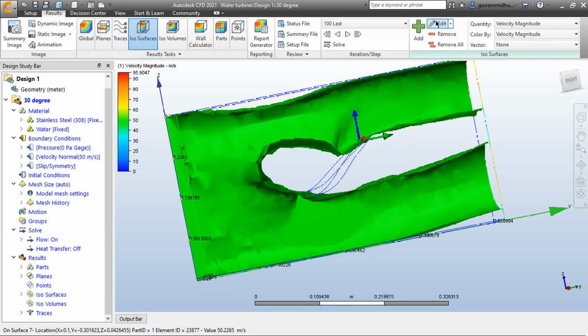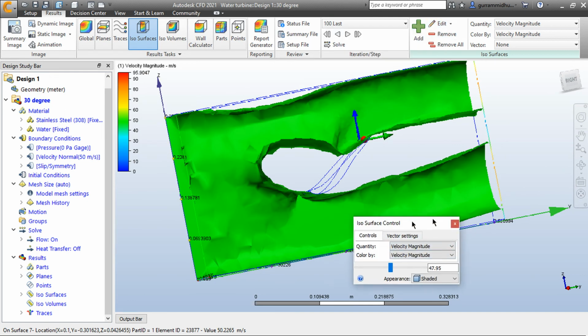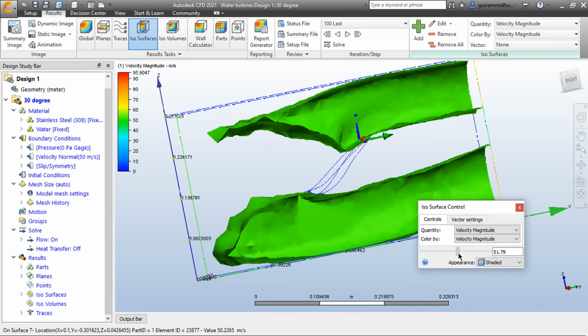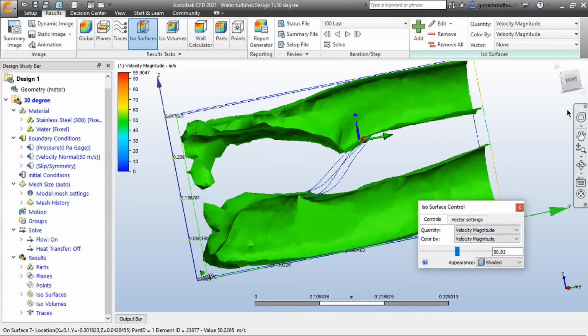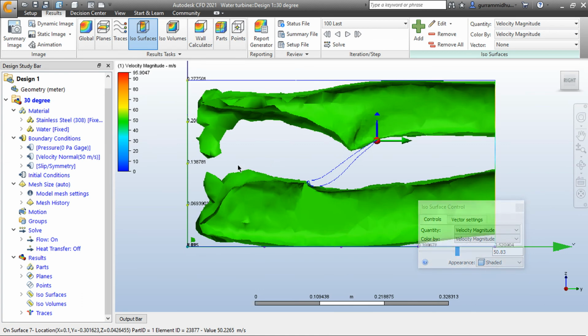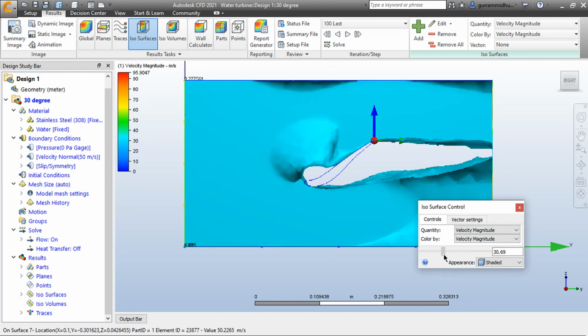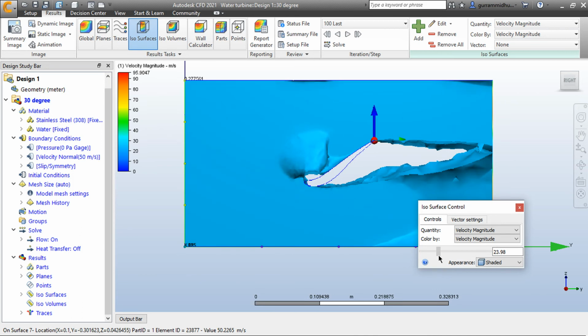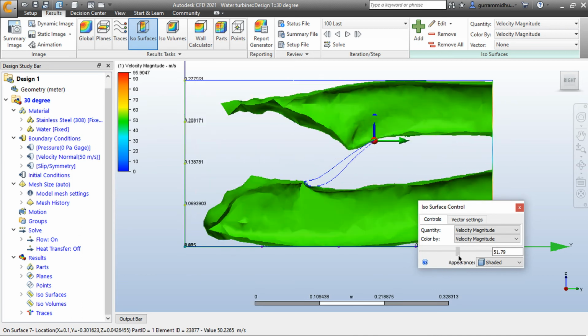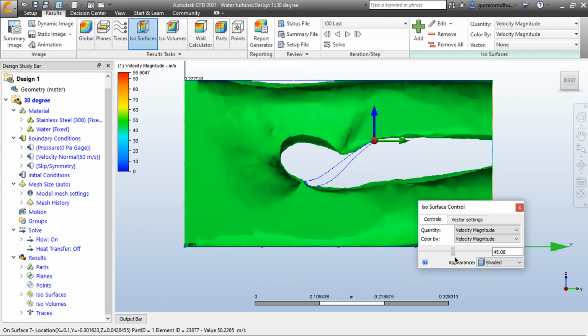Perfect. And click on this edit. I'm gonna change the velocity to 50, nearly 50. If you observe here, this region is not having 50 meters per second because the velocity of the water is being absorbed by the blade in this region. Thus the portion of water in here is having less velocity. Let's find what that velocity is. Yeah, that is around 20 to 40. Perfect. It's a good result.